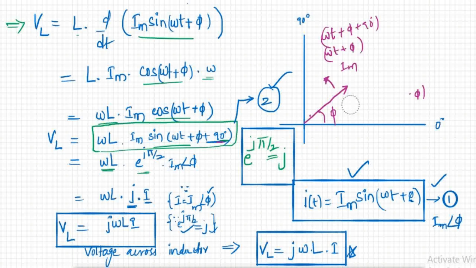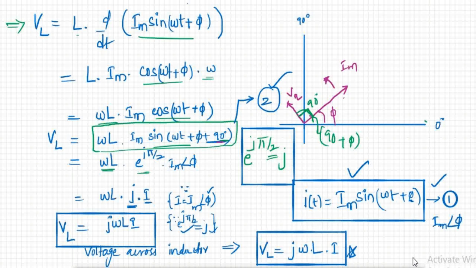Okay, current phasor. Now I am going to draw the voltage vector that is 90 degrees away from our current. If you observe, this is our voltage across the inductor having 90 degrees from our current waveform. The entire voltage will have an angle of 90 plus pi from the reference phasor. From the reference phasor it is 90 plus pi, but from the current waveform it has a phase shift of 90 degrees.